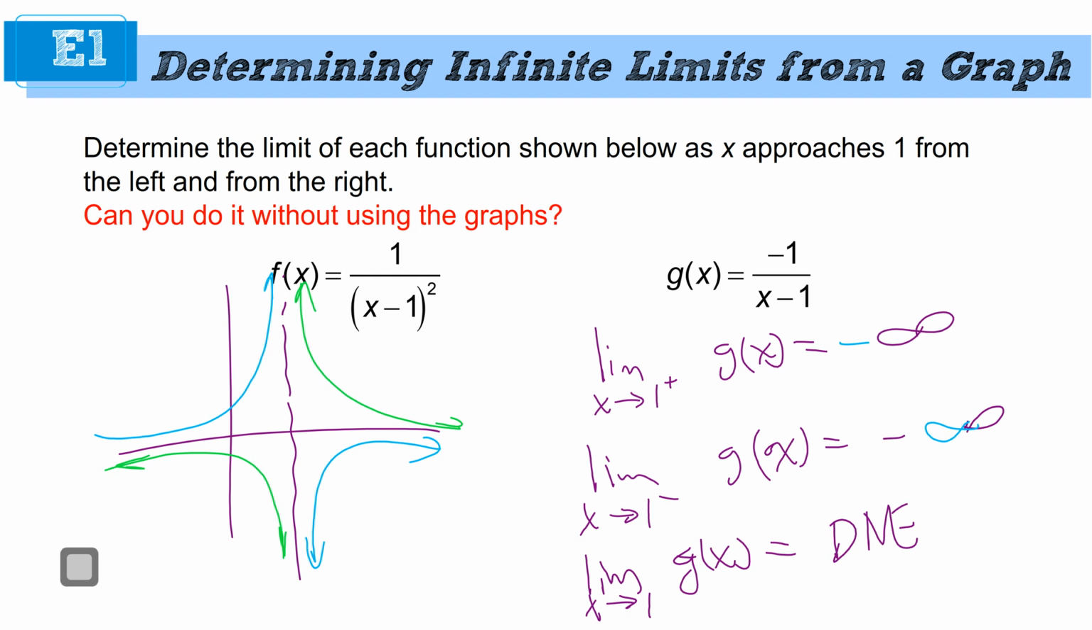Why is the left-hand side going up? Two answers. Number one, there's multiplicity there. Because the power is odd, it has to go up if the other one goes down. Or we put in a number just to the left of 1, like 0.9999999. If I put 0.99999 in there, the bottom is negative, the top is negative, negative over negative is positive. And therefore the answer is